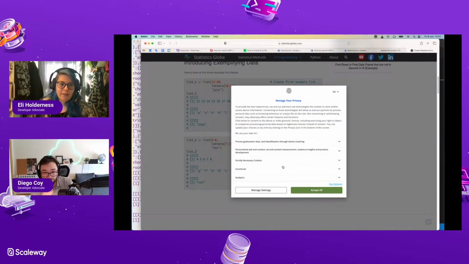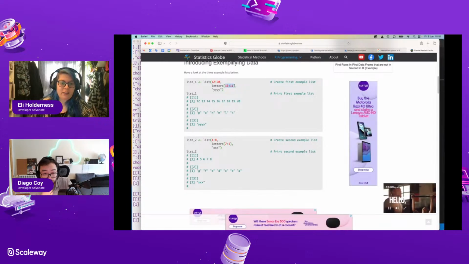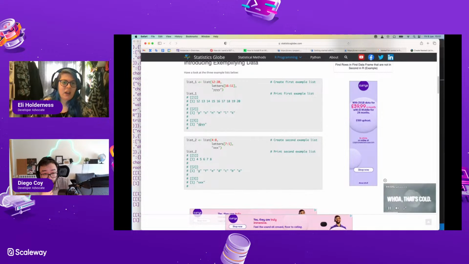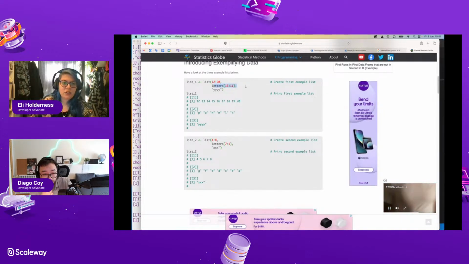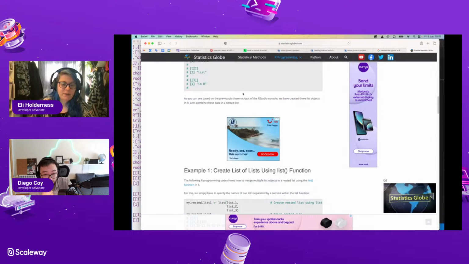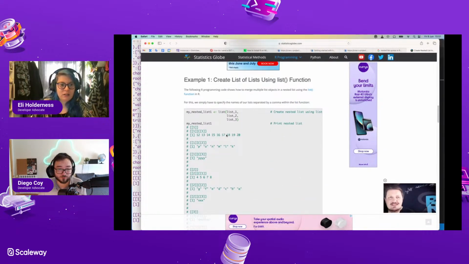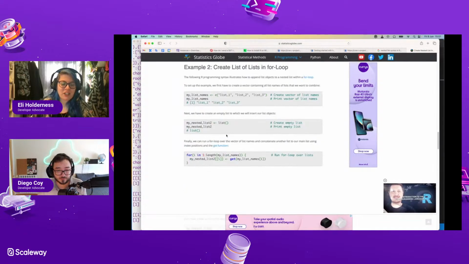Okay, so yeah, fine, whatever, cookies. So list letters, 16 to 11. I have no idea what that is. Oh, so this is creating a list, and each of these are also lists. Right. So if I've got a list, how do I extract stuff from it?